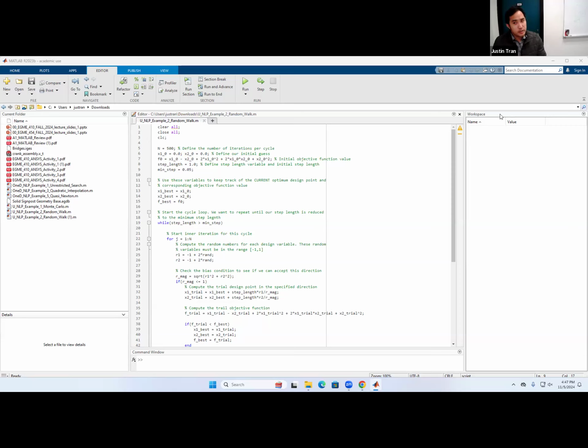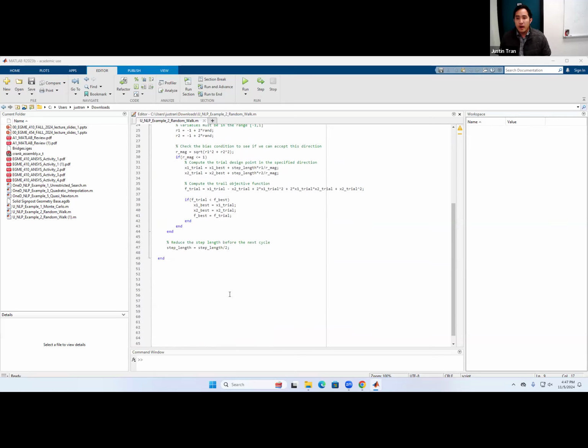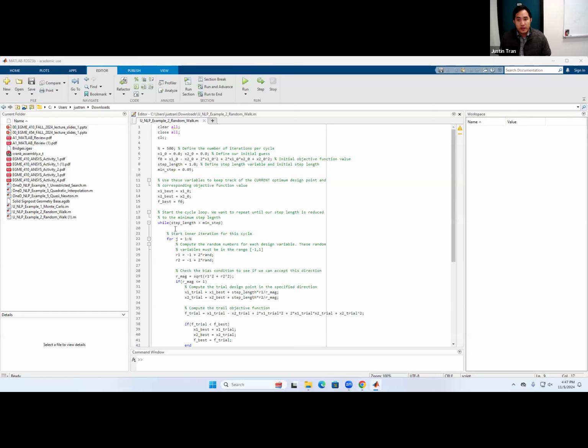Now there are ways around this, and the way that people usually get around this is by modifying the algorithm a little bit. So one simple thing that you can do is, maybe after you reduce your step size to a certain point, you restart the algorithm and try making the step length really large. So you reset the algorithm with a large step length and see if there's anywhere further away that needs an improvement. And if so, then you can jump to that location and restart your algorithm from there. So that's one way to force the algorithm to jump out of a local minimum.